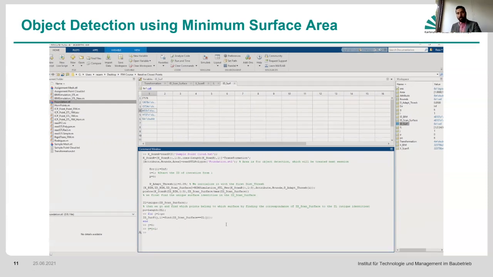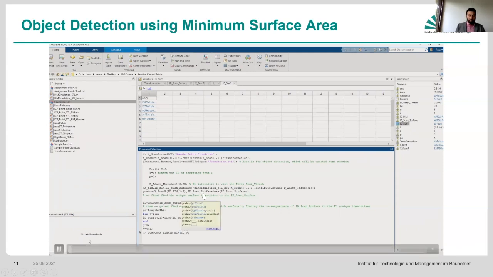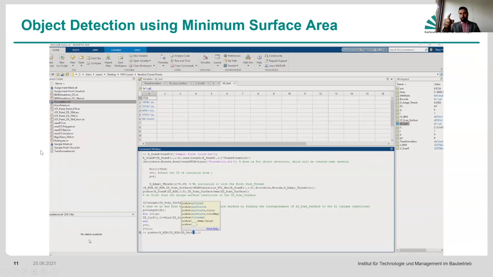It's J as 0, and then I say J plus 1, and then I do the pcshow for the rest of them. So I go pcshow, for instance, X_BIM of ID_BIM of ID_surf of basically that bracket, that particular bracket, and 1, 2, 3. And then for this, you can put basically a particular number there, just so that we can change it in a